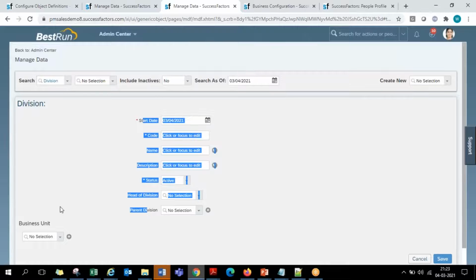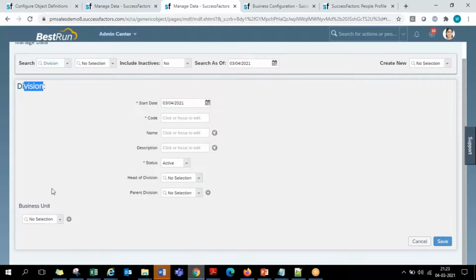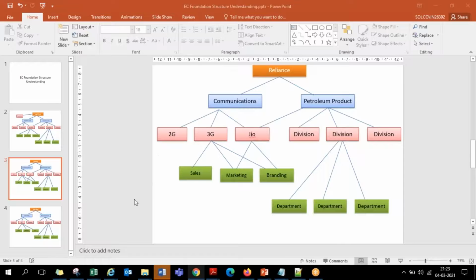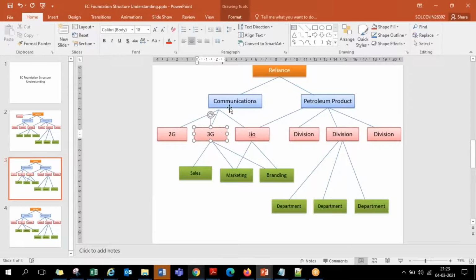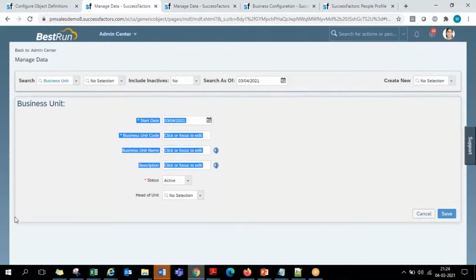Now at the division level in the system, it is already asking you the parent business unit. Whenever you are creating a division, the system is asking you the parent business unit, because as per the structure, whenever a division is being created, it should be under some parent business unit. But this is because it is already configured. In a standard customer system, the way business unit is appearing, without any parent, it is not asking for any legal entity as a parent. It's blank. This is how independently it will function initially.